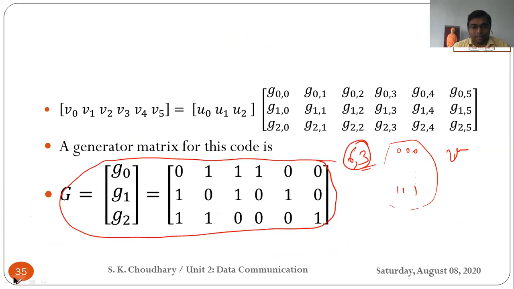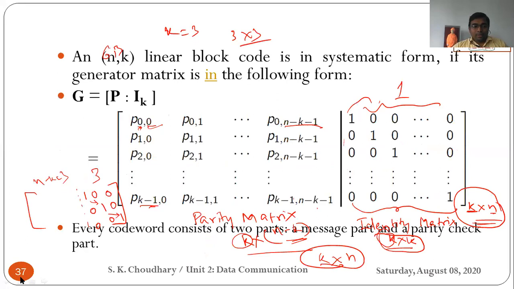So see here, let me revise this again. As per (6,3), this is your identity matrix, 1 0 0, and so on, I of order 3 × 3, and this is your parity matrix P, 3 × 3 again. N minus k is again 3 here. So it is 0 1 1, 1 0 1 and 1 1 0, and this is defining your code word values. We will come to that later. Okay, now it is clear. So everyone note down whatever I have told you.